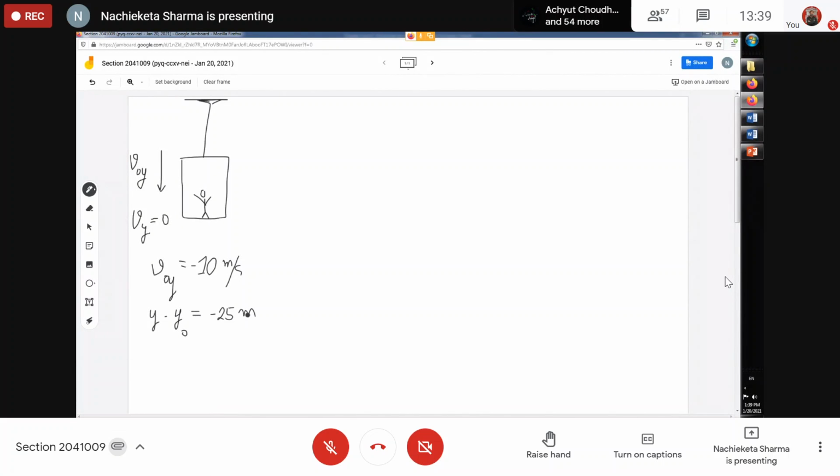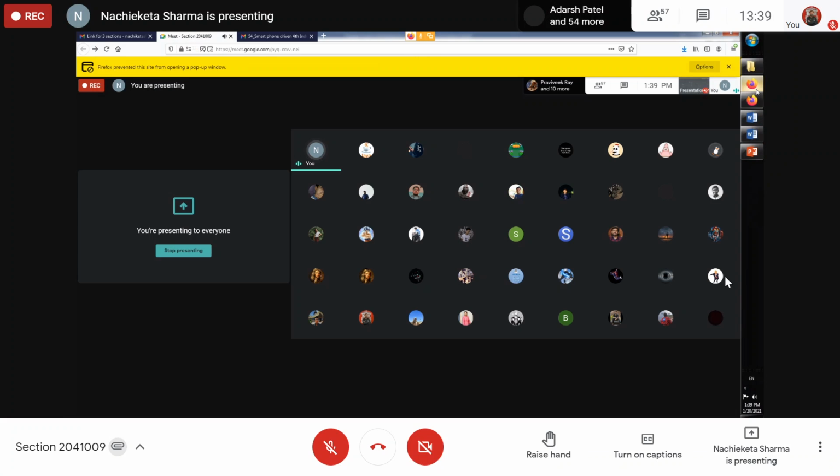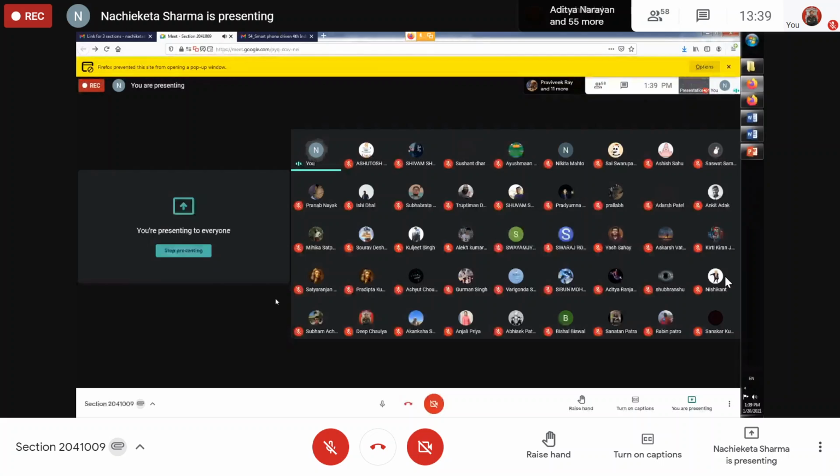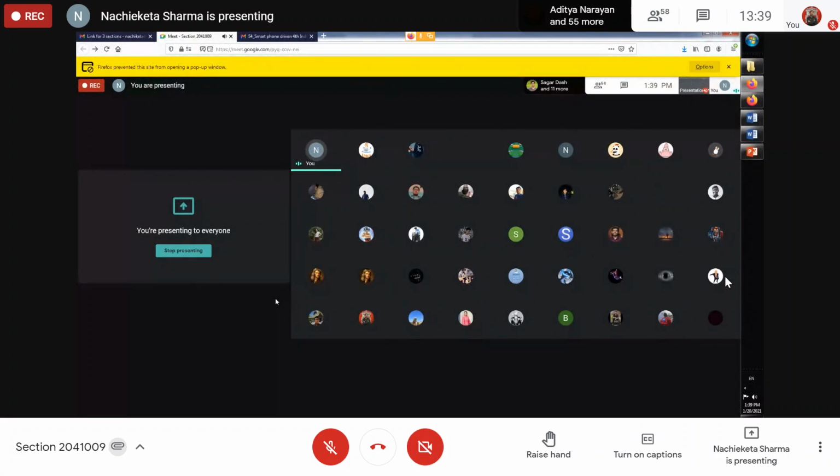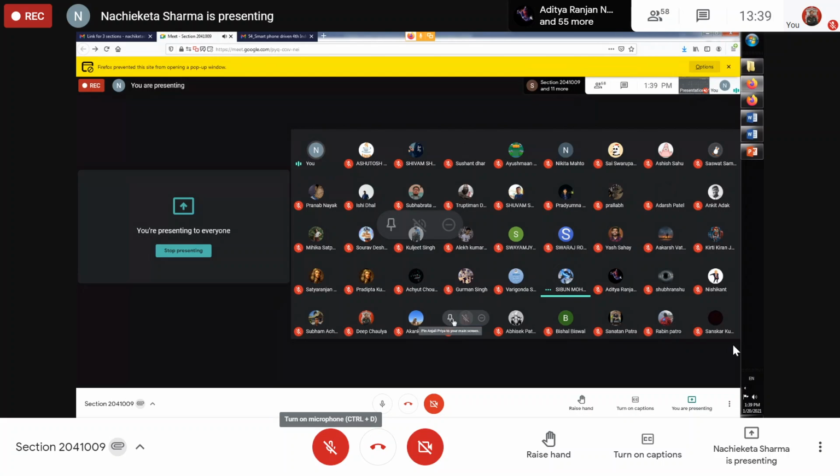And what will be the direction of the acceleration? Will it be upward or downward? Anybody who can say? What will be the direction of the acceleration of the elevator? Will it be downward or upward? Yes? Downward. Okay. Anybody? Any other? Any other? All are keeping quiet, just like hermits. Now, downward. Simon, why did you think that it will be downward?